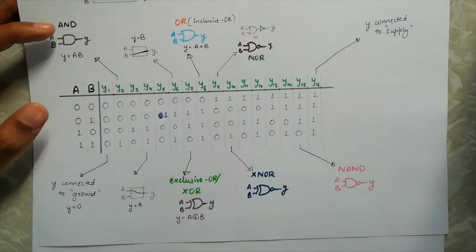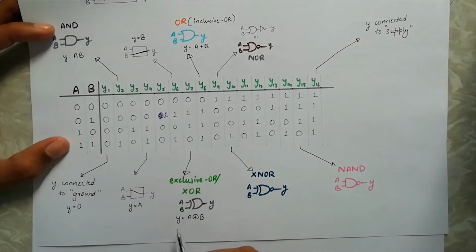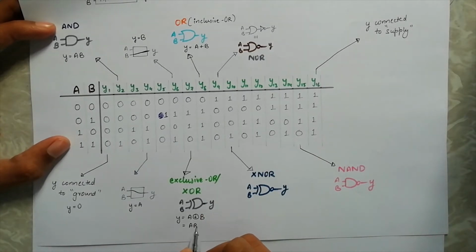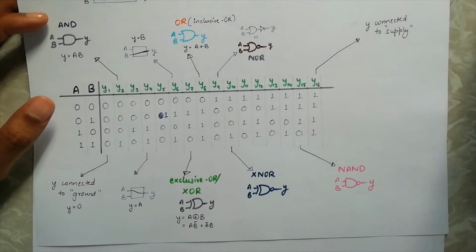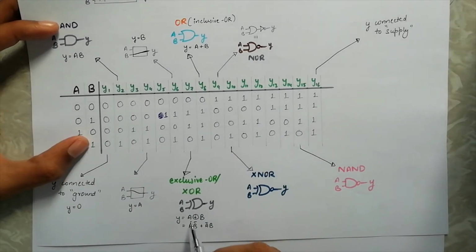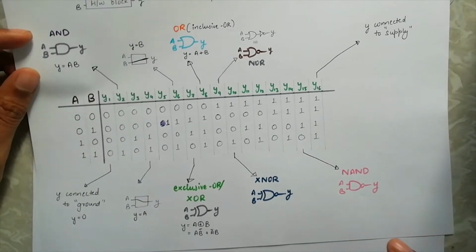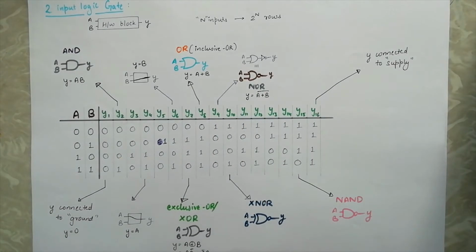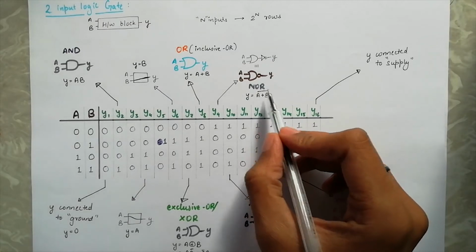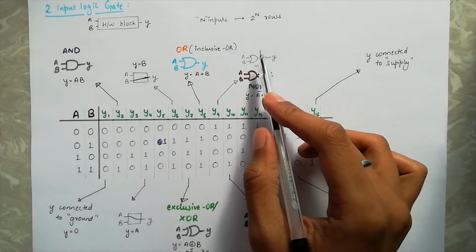Now this is a new symbol. XOR can be represented using the basic operations as AB bar plus A bar B, but XOR is an important part of digital design. Hence it gets its own new symbol, which is simply A or B with a circle to show it's an exclusive OR. Next we have y equal to a plus b prime or a plus b bar, which basically means a or b and then its complement or inversion.